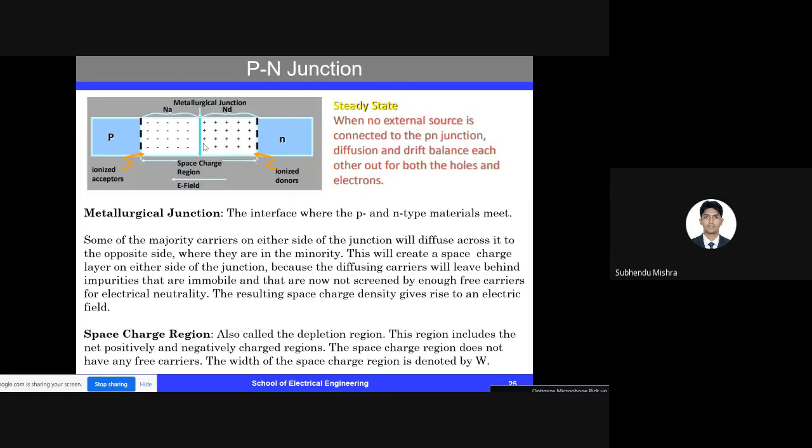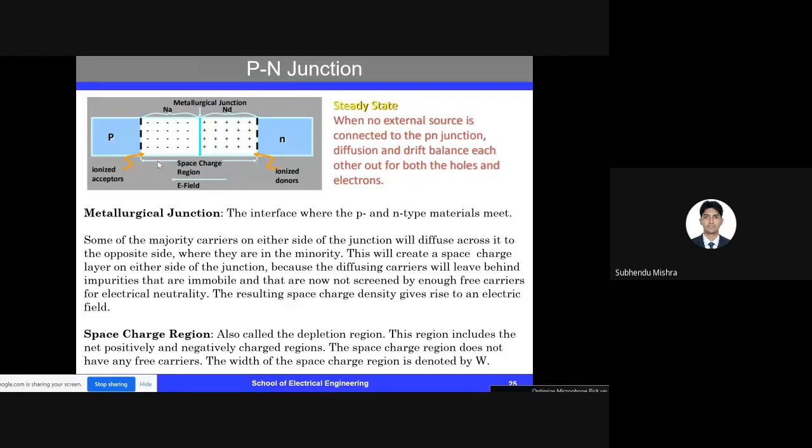So when we form this together, we are having an N type and a P type. Over here we have a P type and the N type. When we join it, what happens is that the excess electrons and the holes recombine locally, and then we have what we call the space charge region formed.